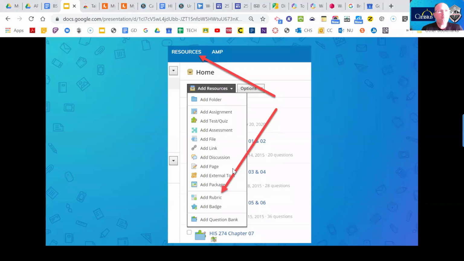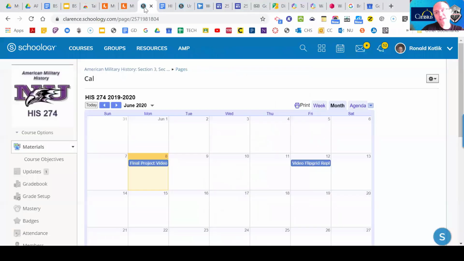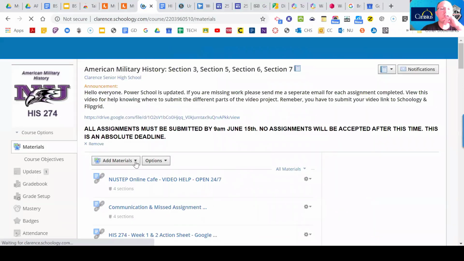There's actually two places to make a rubric, and I'm going to encourage you to always make your rubrics in one place over the other, and there's a reason why. The place that I'm going to encourage you to use is the Resources tab on Schoology, and there's a selection there called Add Rubric. Now, not to confuse you, but there's another place to add a rubric. If I go back to my courses, if I go to Add Materials,